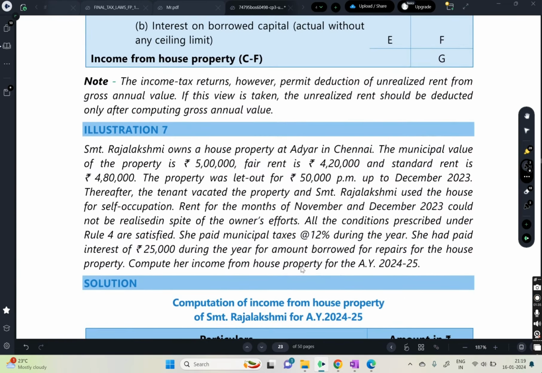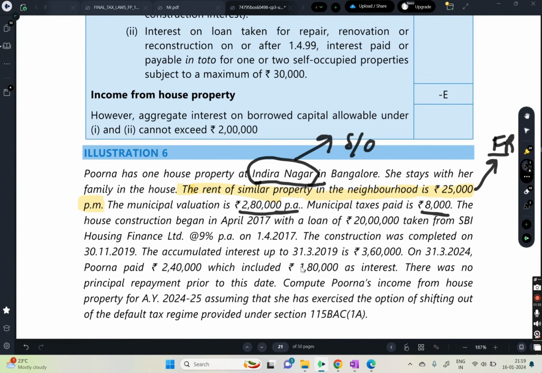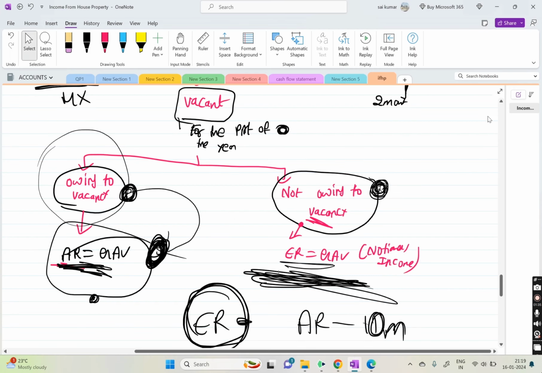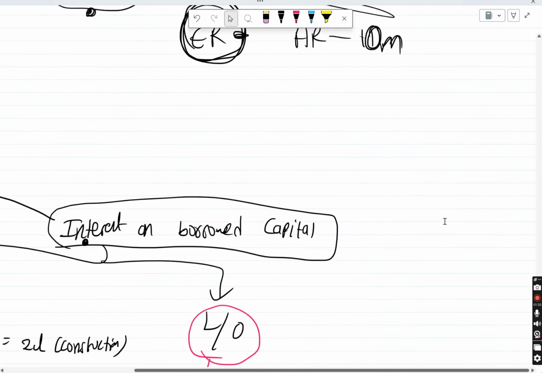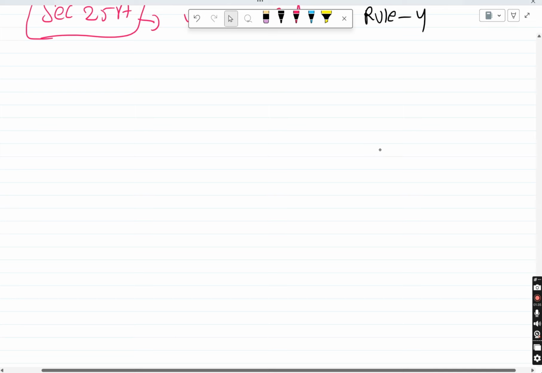We just have to discuss one question. Just one more concept. Pretty much, this chapter is over. There is something called co-owned property and all, that is very small, not to worry about it. While doing the question itself, it will be done. There is one big concept, one of the biggest and most important concepts also, pre-construction interest.